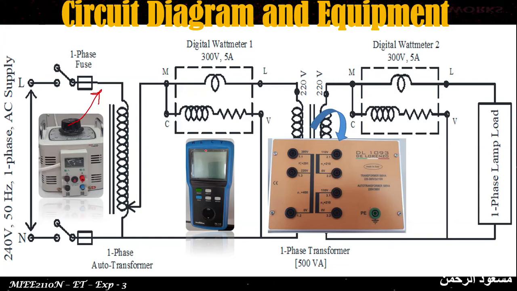The transformer's primary side and secondary side are given with various voltage ratings. In the primary side, you can see here winding is done, and tapping is given at a 380 volt point, and another tapping is given at 220 volt point. For today's exercise, in the primary side we are going to use this tapping as the primary coil, not the full primary coil. We are going to use this part as the primary winding.